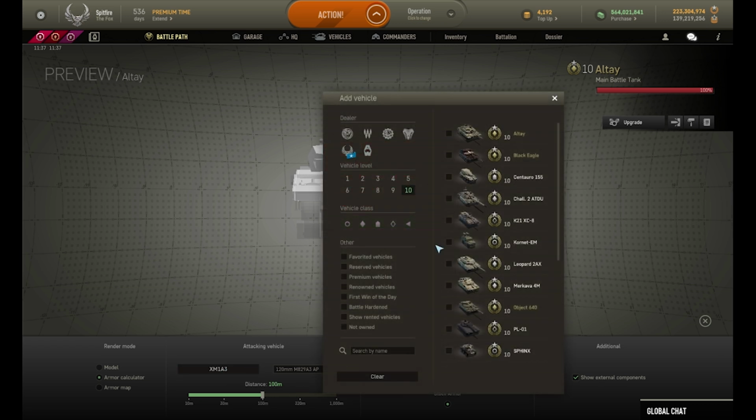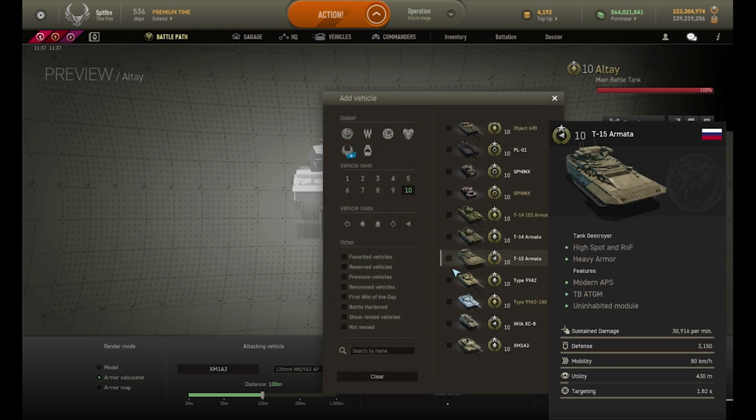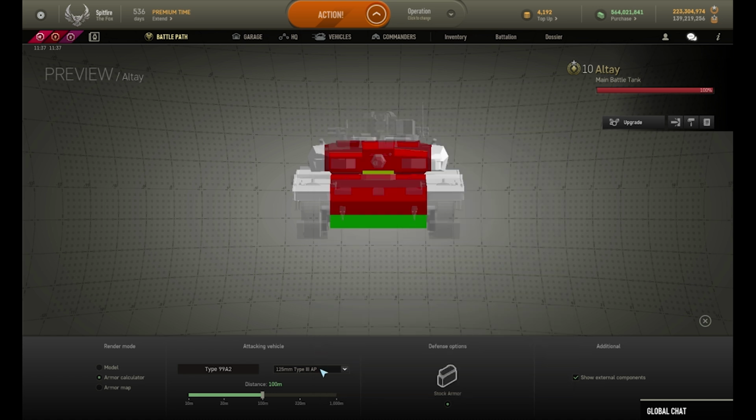Give me a sec here. I think the game may have bugged the XM1A3 shells. Okay, let's just use the Type 99 instead. So, overall, the 800 pen, which is the standard on most Tier 10